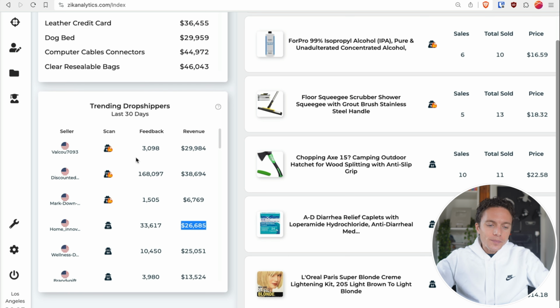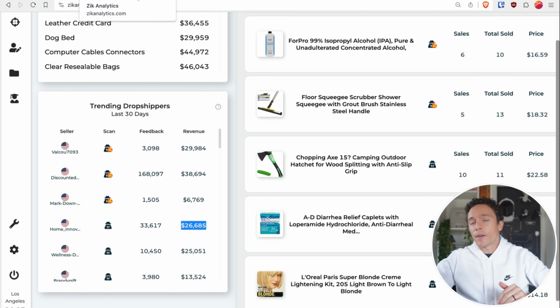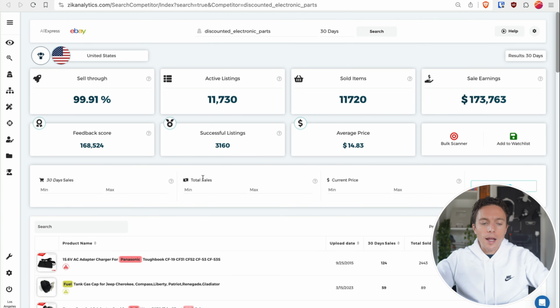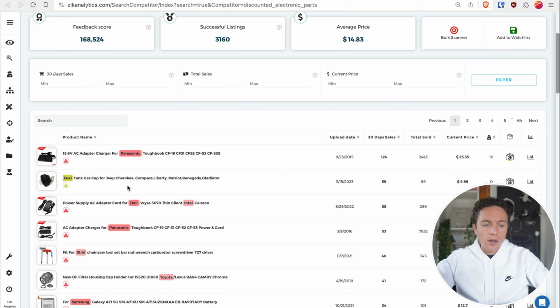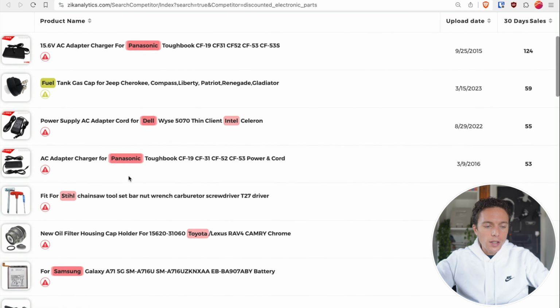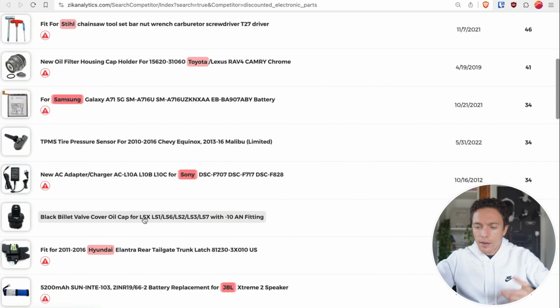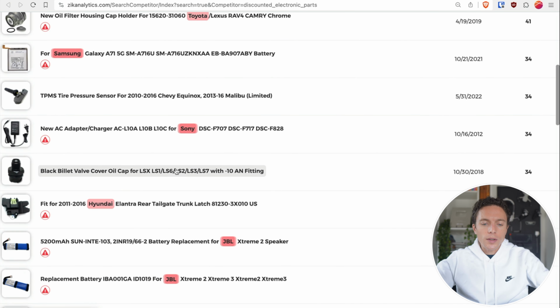But the point is, these sellers are doing well. And what you can now do is scan their stores right from here. So I'm going to click on this one. It scans their store, and you don't even have to do the work of finding the drop shippers yourself. So, okay, they're selling gas caps for Jeeps. They're selling a lot of valve covers. Just go to Home Depot, or one of these other suppliers that AutoDS supports,